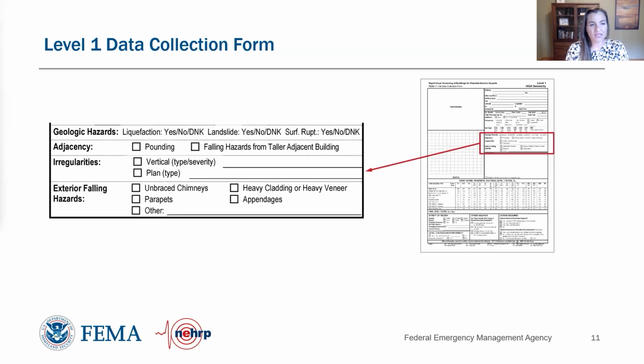So this is just a little bit below that first part, and this box shows geologic hazards, so liquefaction, landslide, and surface fault rupture. Again, these are things that are hard to identify in the field, but should have been figured out during pre-field planning, hopefully using maps from USGS. There's a spot for noting adjacencies. So if you've seen buildings that are close to the building you're screening, then we can note